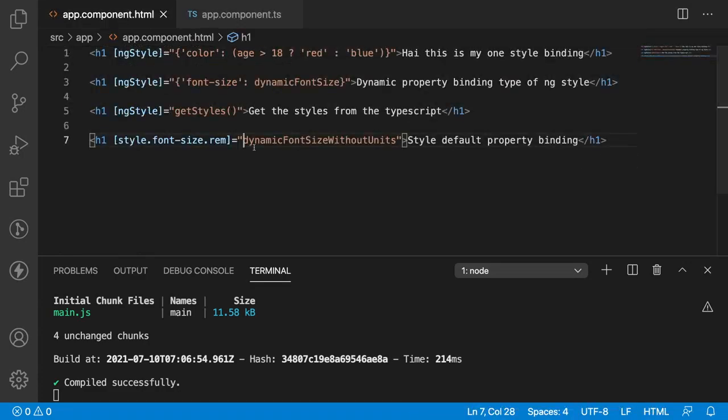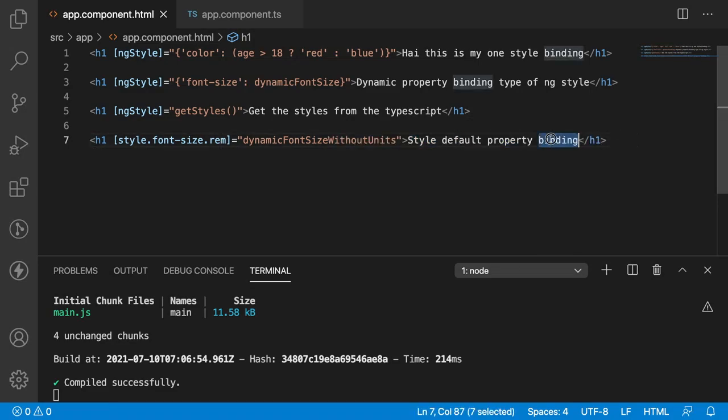But anyway, it is always recommended to use our units in the HTML content itself, because some developers may pass REM, some developers may pass pixels. So whenever you pass something like REM as well as pixel, it is always recommended to restrict at HTML level so that people can pass only the number instead of units. So these are the different ways of implementing our style bindings.